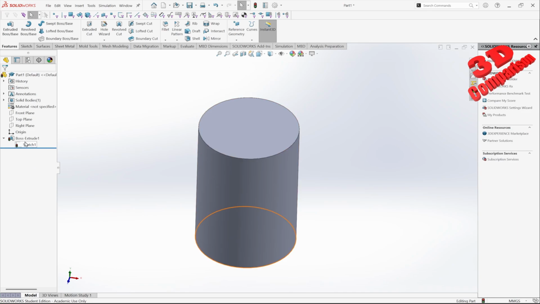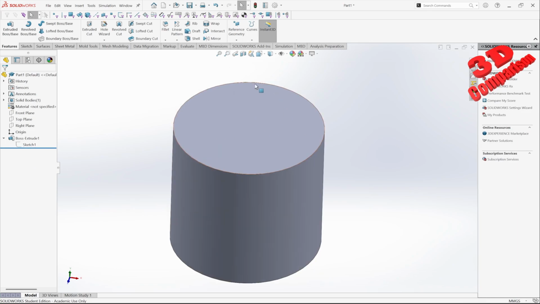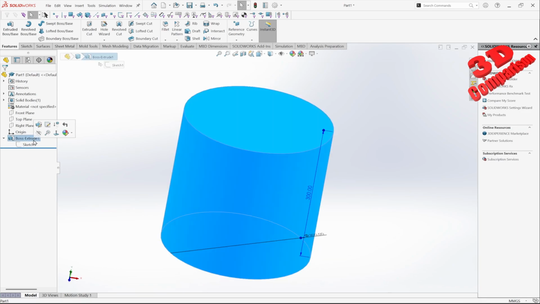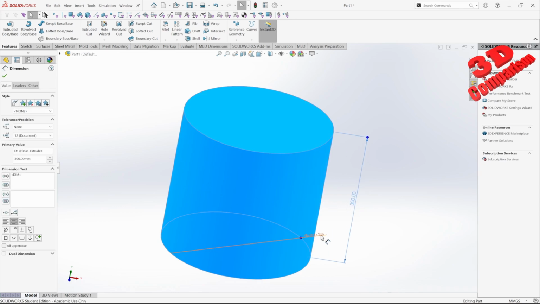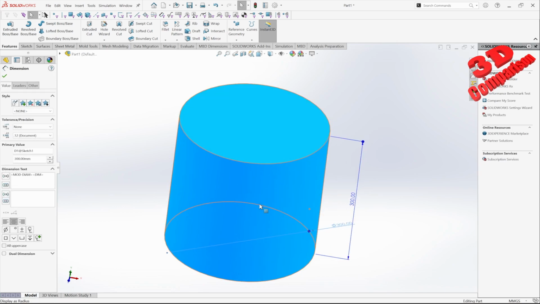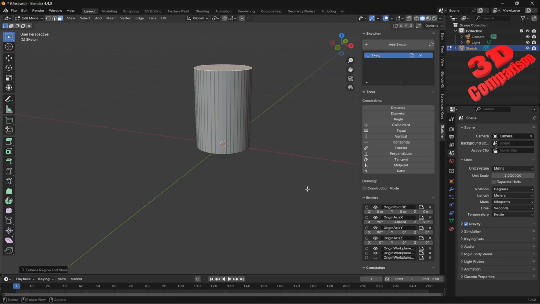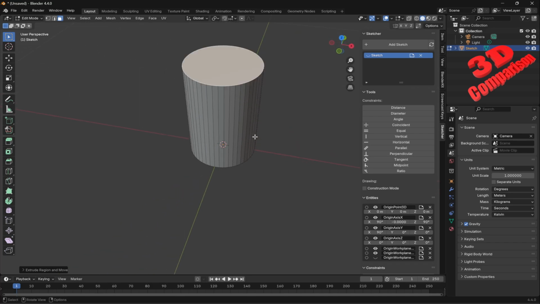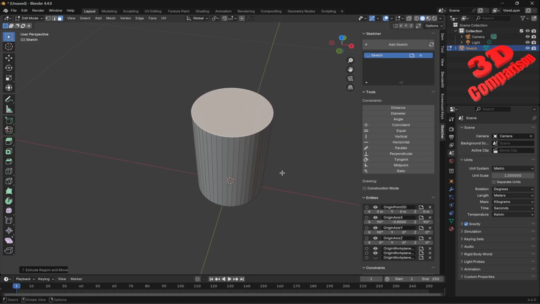We see over here that this is pending an update. I can click update, and now this has been changed. So we have 300 in height, 300 over here as the ground diameter. Over here it's a little bit more complicated, and also when we're going to start doing some cuts, we're going